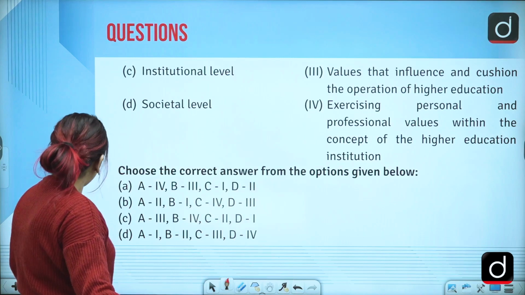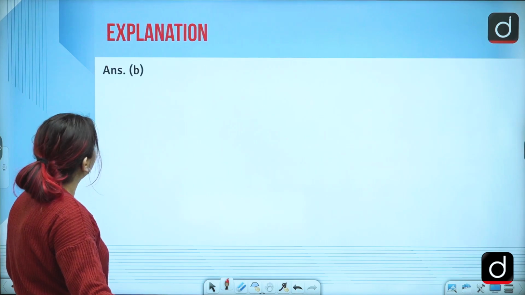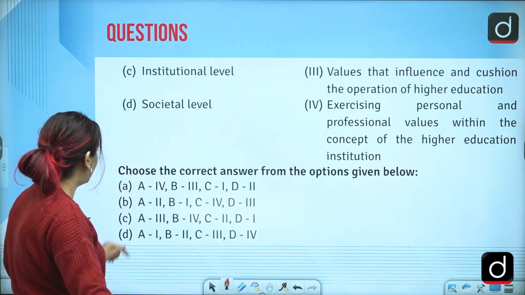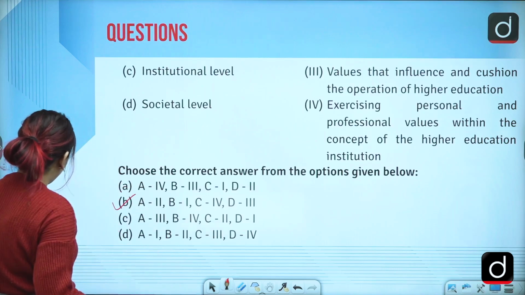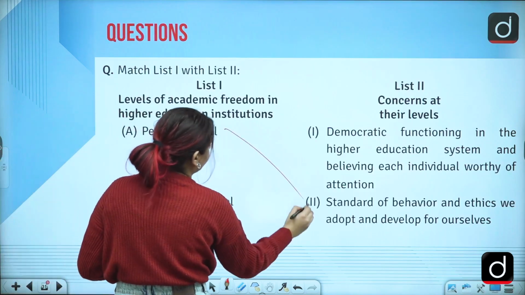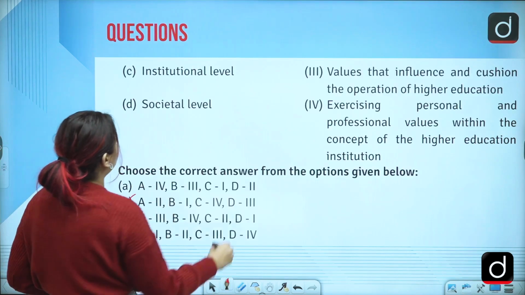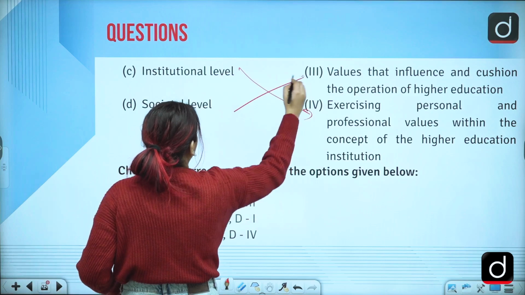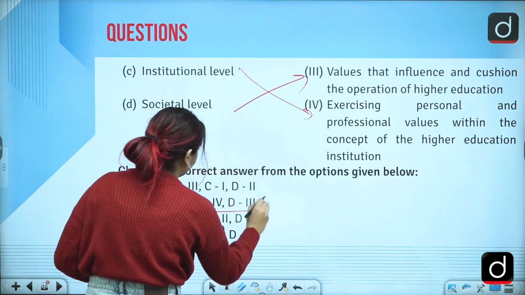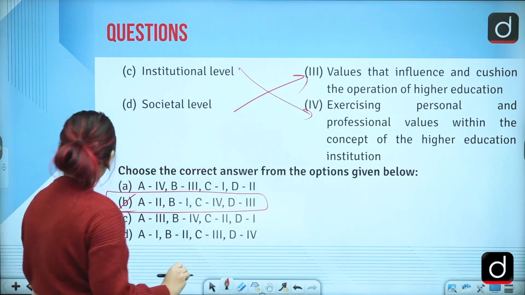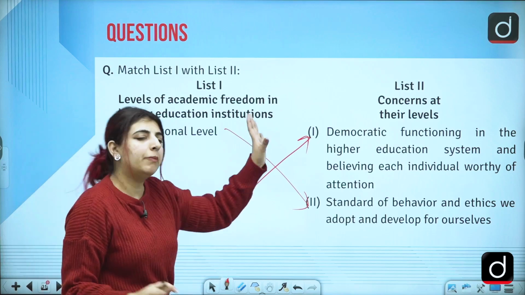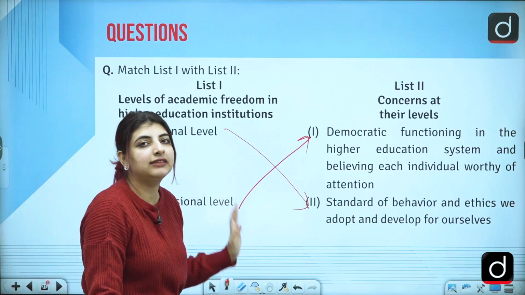Correct? The answer to this question is option B, which says that A is to 2 and B is to 1, and C is to 4 and D is to 3. Correct? This is the option that we have as correct. Let us just read it from here only, because much explanation is given here in the concerns at the levels